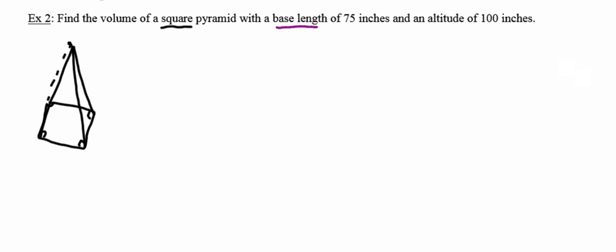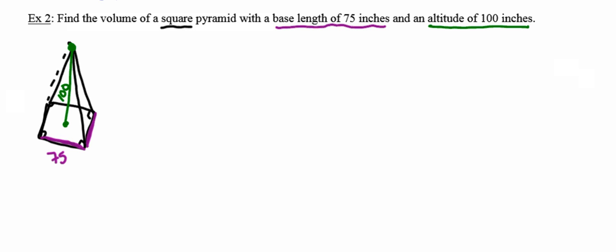So this base length is 75 inches. My base length is going to be right here in the picture. And if I want, because this is a square, I can label all these sides with 75. The altitude, or the height, in this case is 100 inches. So the height goes from the vertex all the way down to the center of the pyramid,